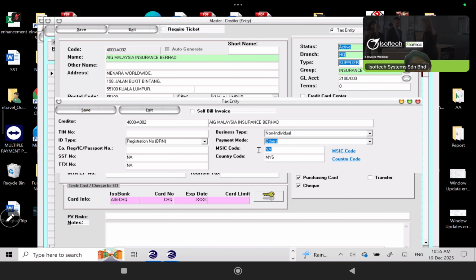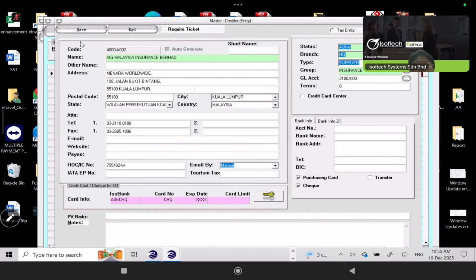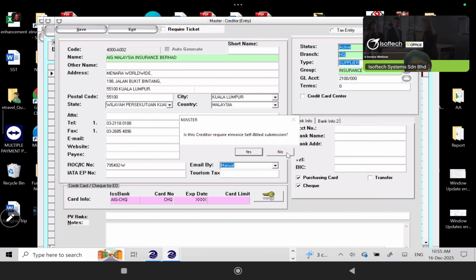Okay? Then for this MSIC code, if you don't have one, you just put five digits of 0. The country will be MYS. If it's Malaysia, sure it's MYS. Nowhere else. Okay? So then this one is a